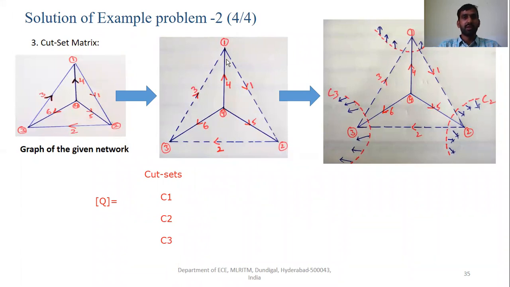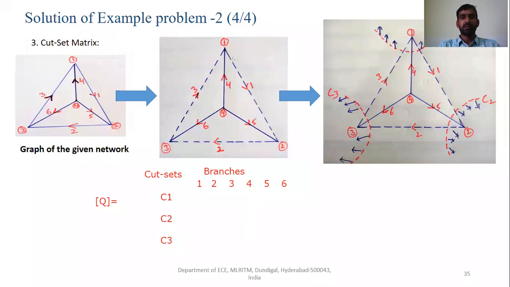So now let us write the columns. Columns are nothing but branches. What are the branches here? 1, 2, 3, 4, 5, 6. 6 branches are there, so we are having 6 columns.